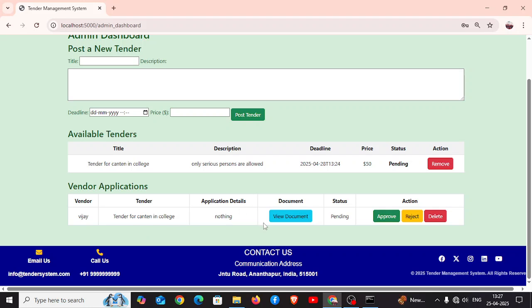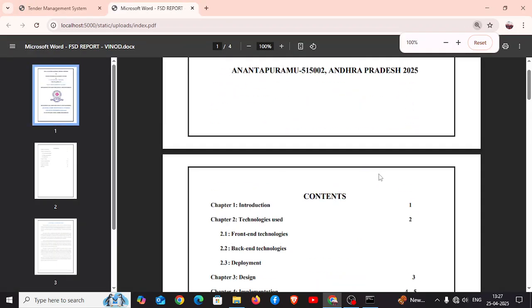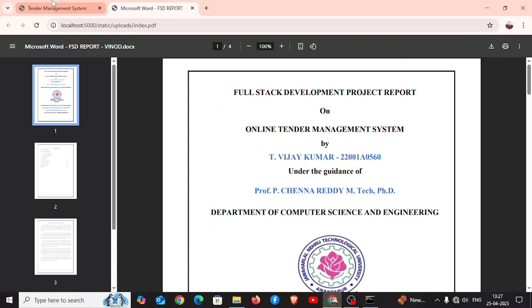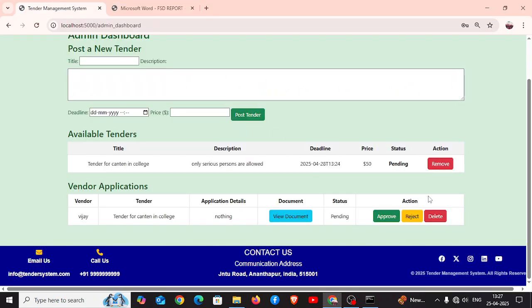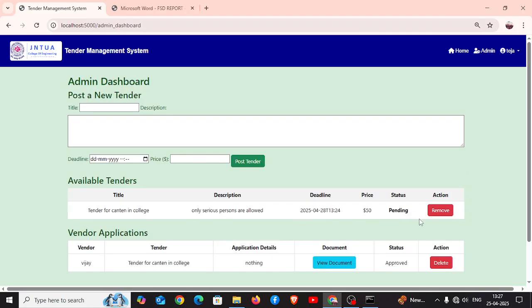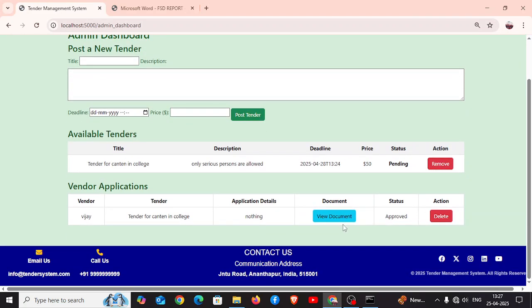application details is nothing. Okay, and we have verified the document of the vendor. And here the actions which can be taken: approve or reject or delete. Here we can approve the tender. The status is reflected as approved,